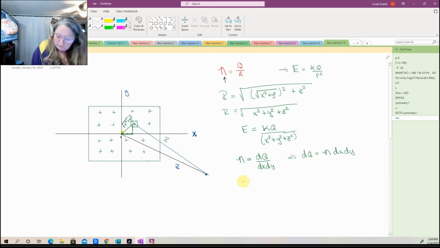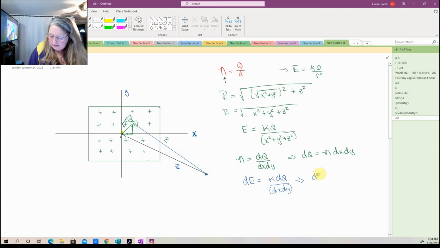I can rewrite that. I'm going to have some sort of dE is going to equal my k dq over my r squared dx dy. And then I can make that substitution. That my dE then is going to equal my k, making the substitution for my eta, so eta dx dy divided by,